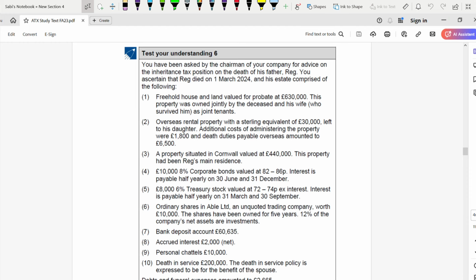Test your understanding 6. This one question is a very good question for one to test their knowledge of IHT from the following 3 lectures: lecture 13, lecture 14, lecture 15. Whatever I have taught you till now in inheritance tax, if you want to test yourself whether you have understood